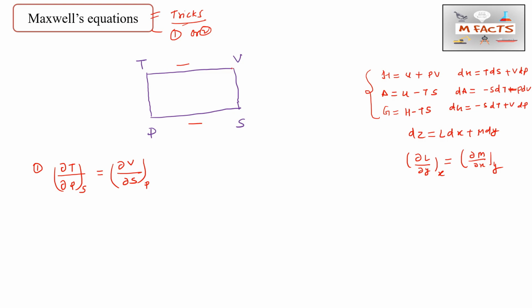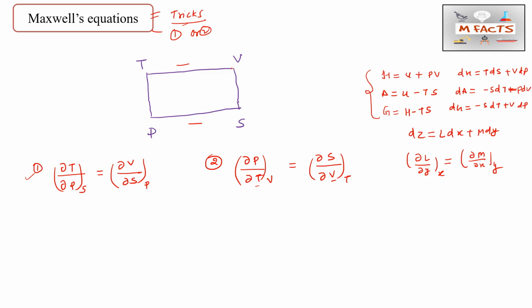And how we can write the second equation? Just simply reverse this first equation. Okay, so if you reverse the first equation, you will get Maxwell's second equation. So how? Del p by del t, I am only reversing this first equation for getting the second equation. Okay, so ds by dv. Okay, so this is the concept. So here this is v, here this is t, so we will take v here and we will take t here. Okay, so we will just reverse the first equation for getting the second equation.